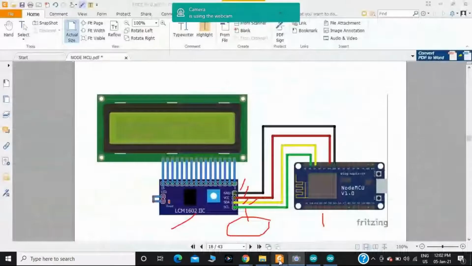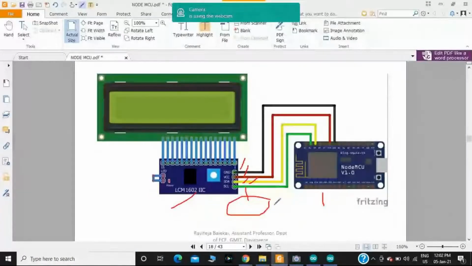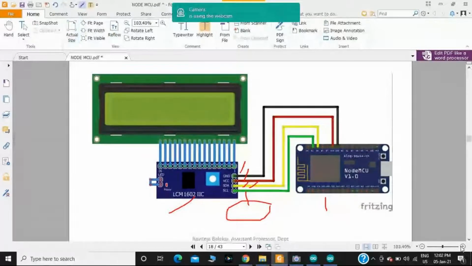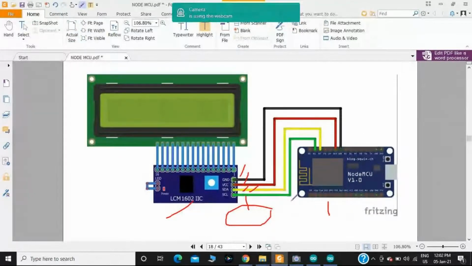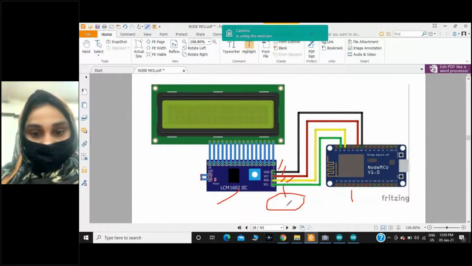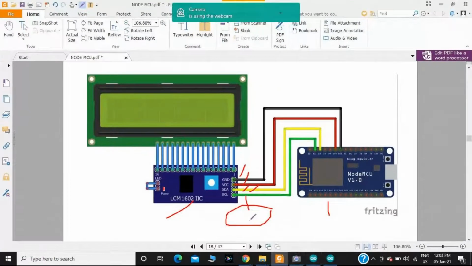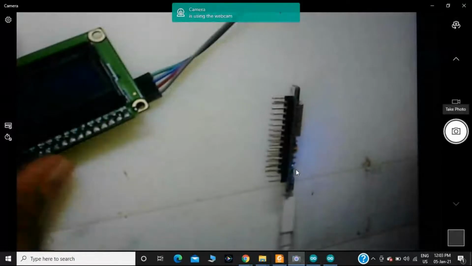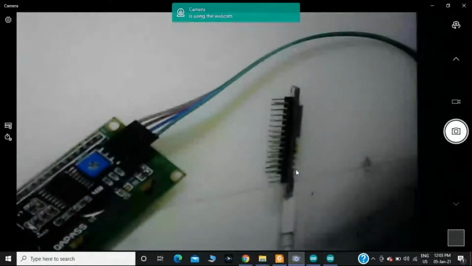In my case, I made the connection like this: ground to ground. Ground to ground.